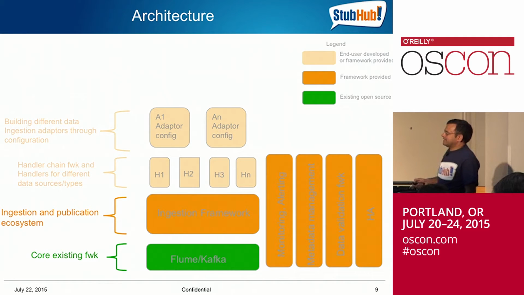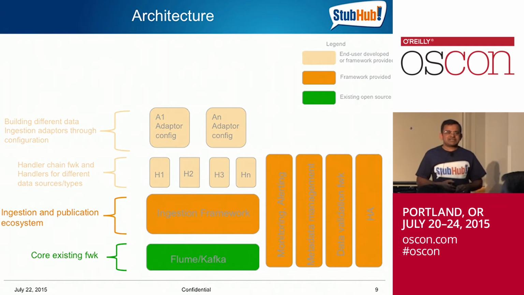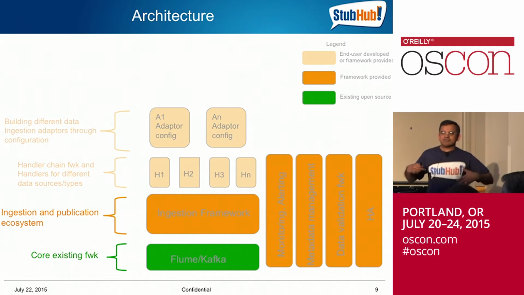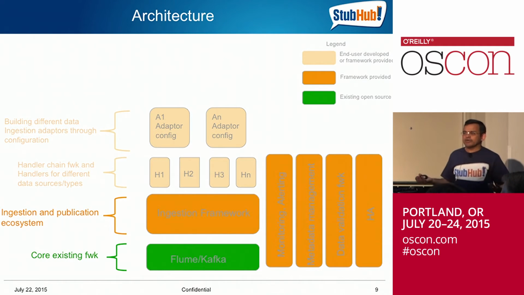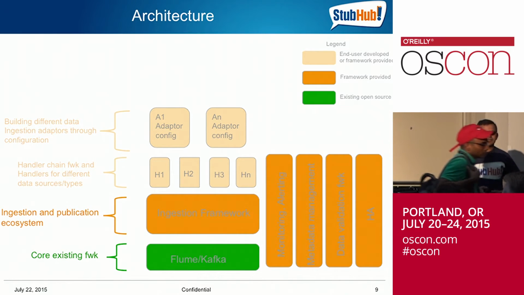Now, there is a color coding here. This green simply means that this is the existing framework that we're using. This color means that these are the things that we have built. These are the things that we're going to open source. What this shade of this color says is that some of those things come out of the box with the framework that we've built. Some of these things you can build yourself when you download it, if you want to customize and add.